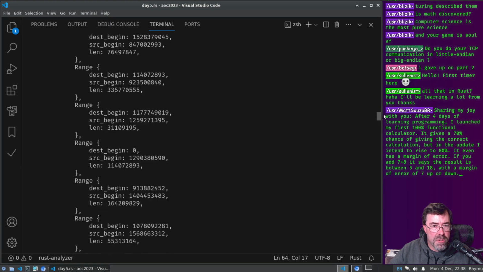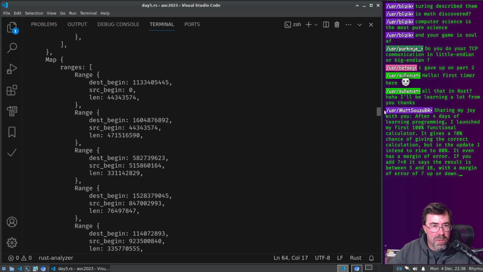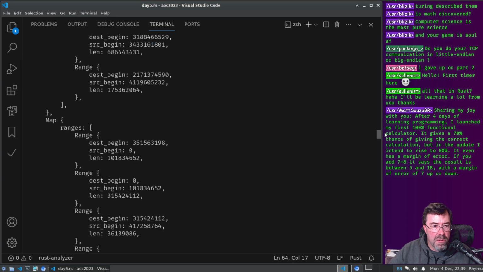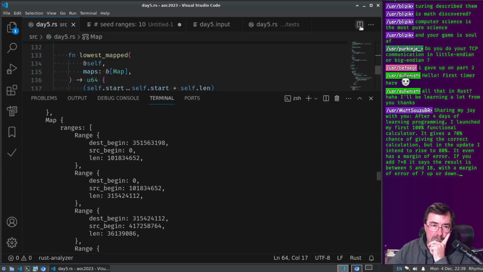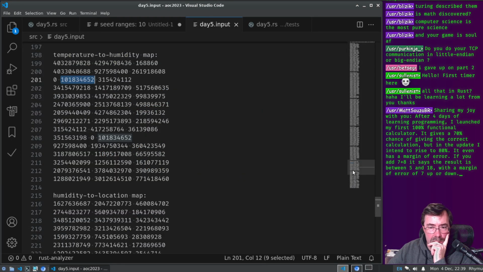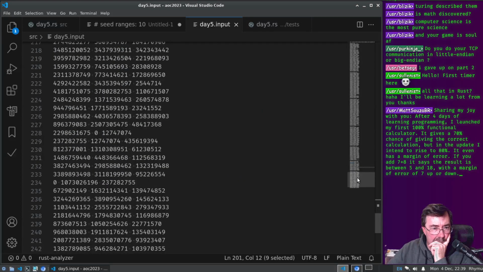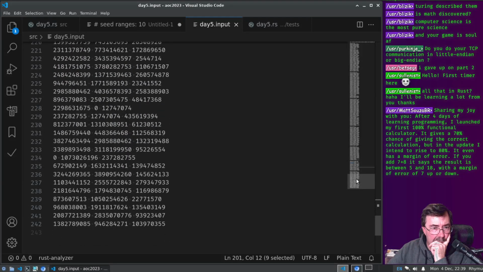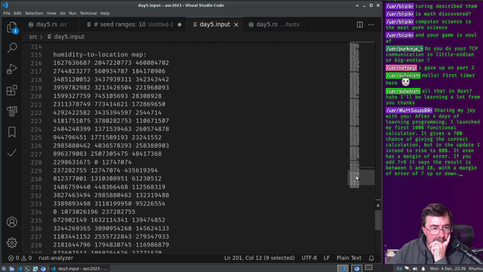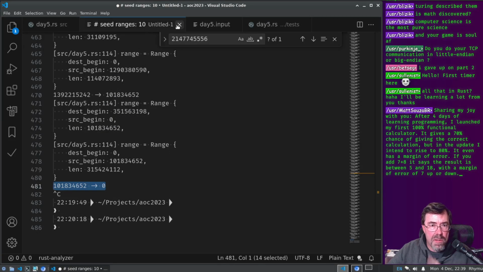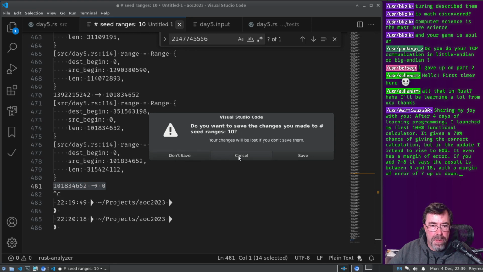And the next to last one. Wait, are my maps in the wrong order? One oh one, 107. I close this one.